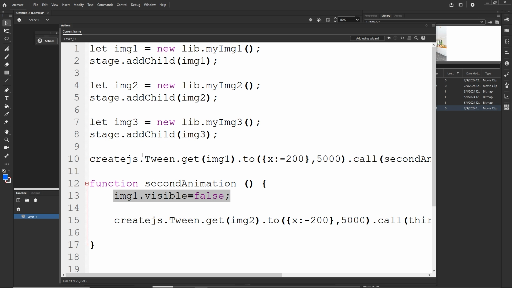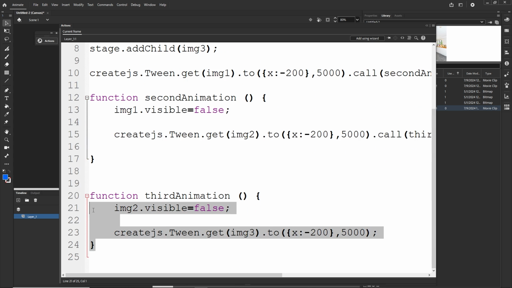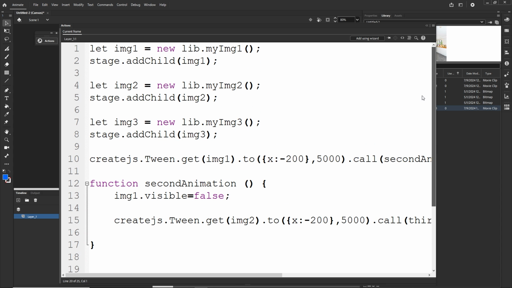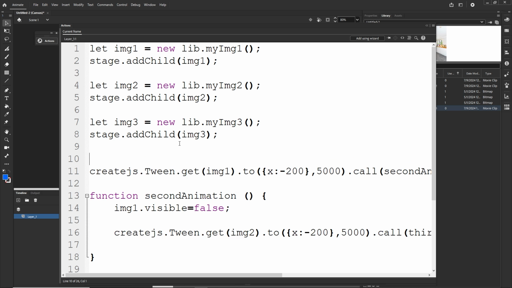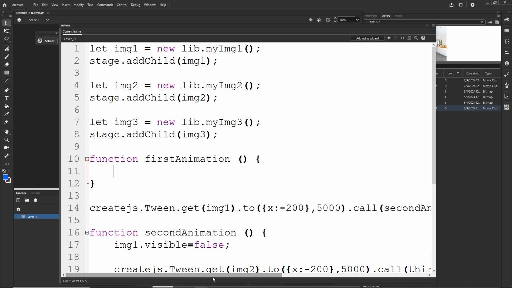Now what I will have to do is I will have to create some kind of adjustments. So first of all, what I'm going to do is I am going to create the function also for the first animation, because right now we have the function for the second animation, we have the function for the third animation, but I would like to also create the function for the first animation, because for the first animation we have this animation just in the main scope. So what I'm going to do is I'm just going to call the function, which is going to be first animation like so, and I will go with parentheses, and I will go with curly braces, and I am just going to cut